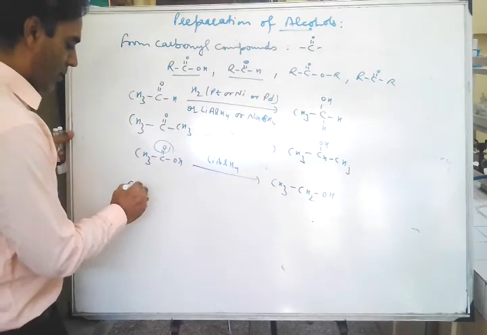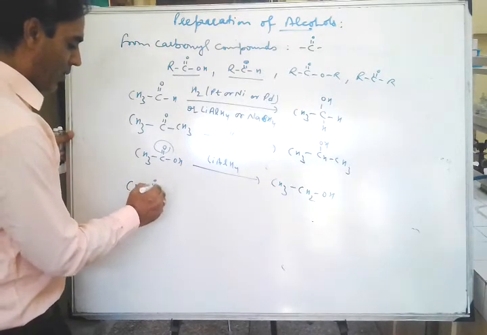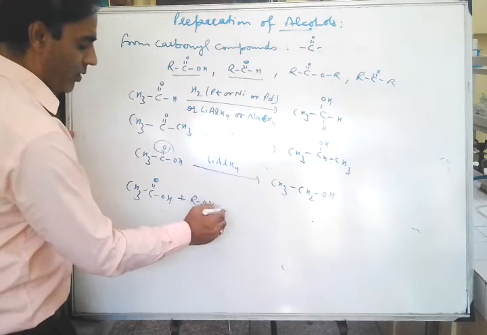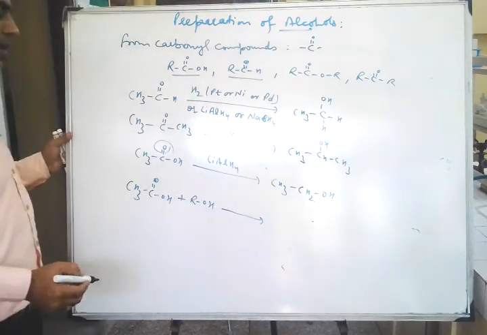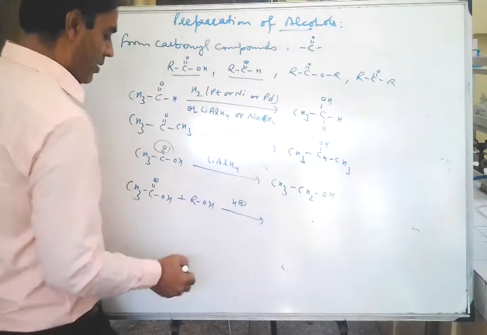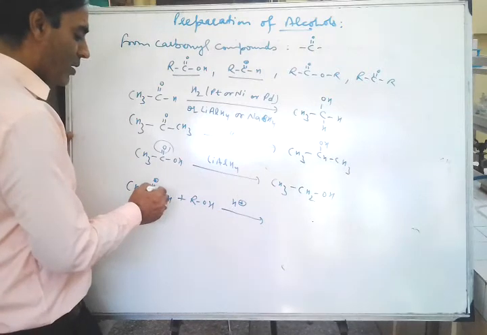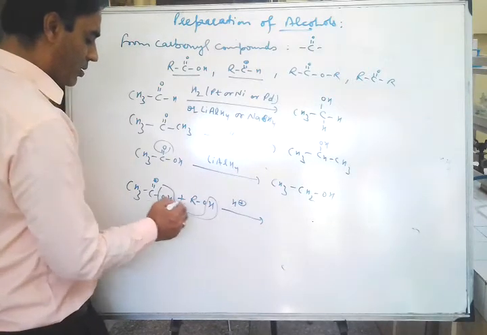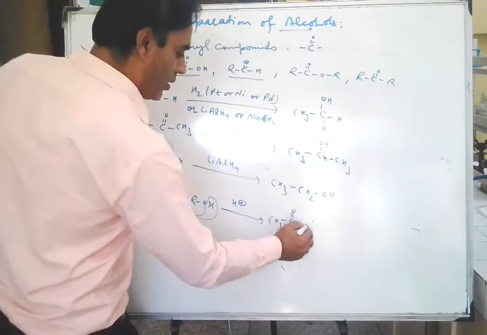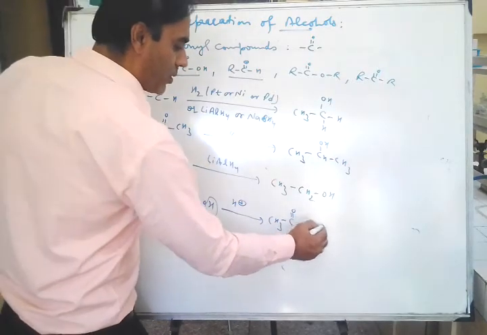So this is the next step, CH3COOH, right? So ester formation: we know that an ester is prepared by reacting a carboxylic acid with an alcohol in the presence of a catalyst, that is H+. So what will happen? This will give OH and this will give H. So CH3, C double bond O, and then O, that is, ester is formed.